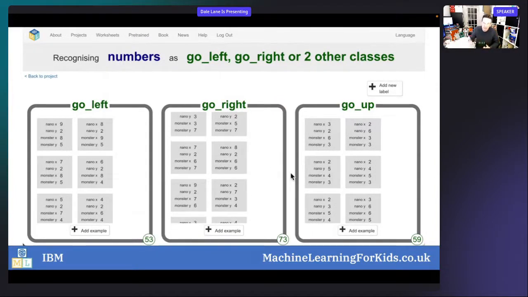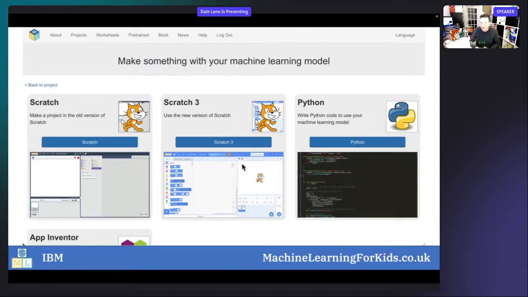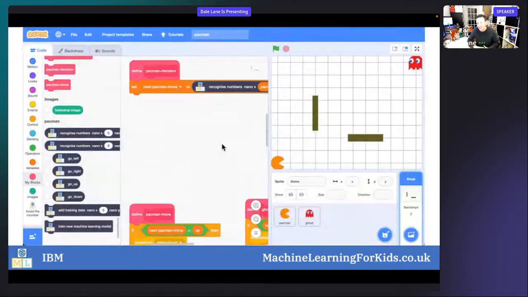And actually, particularly with the young kids, it's hard to get them to stop playing the game. So collecting loads of training examples is no challenge at all. In fact, getting them to get on with the lesson is the hard bit. But once they've collected the training examples, they put their machine learning model in control of Pac-Man. And as you can see, it's a really simplified version of the game, so we can do it in a single lesson. Only one ghost and not many obstacles, but enough for them to start to see the impact of